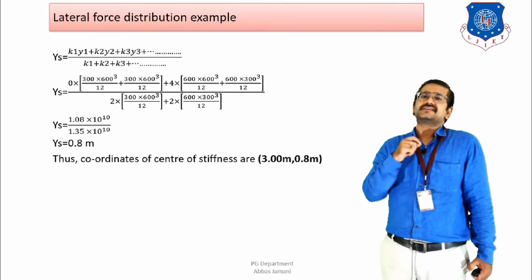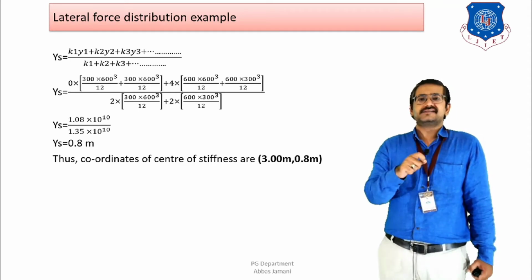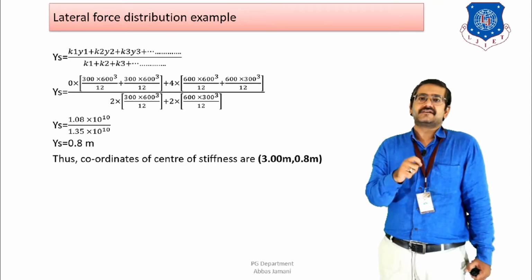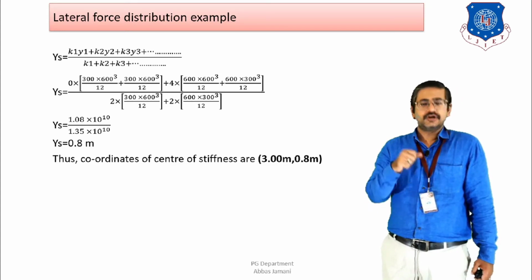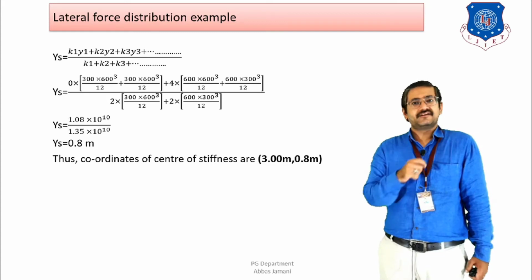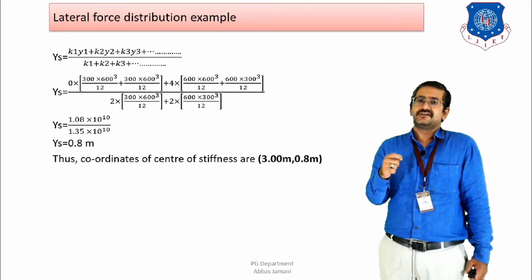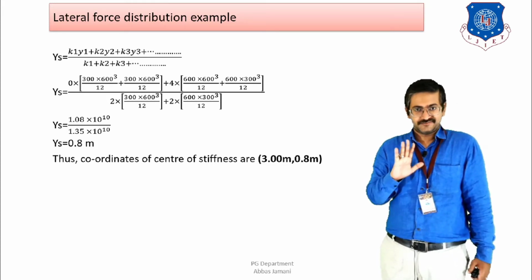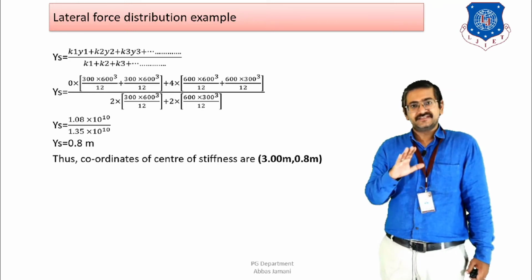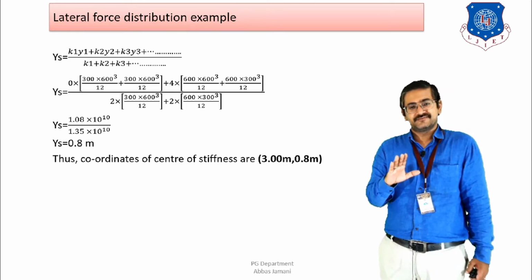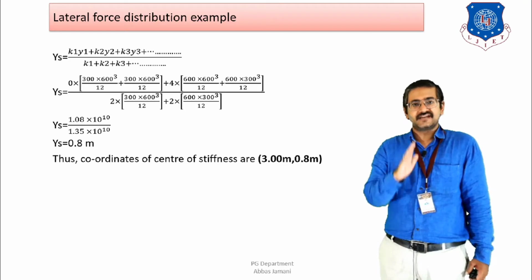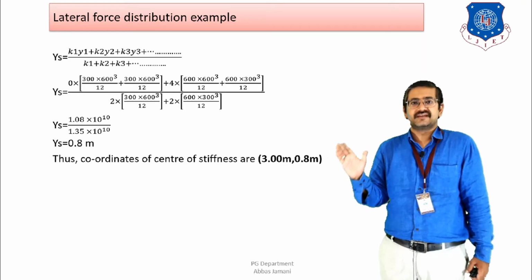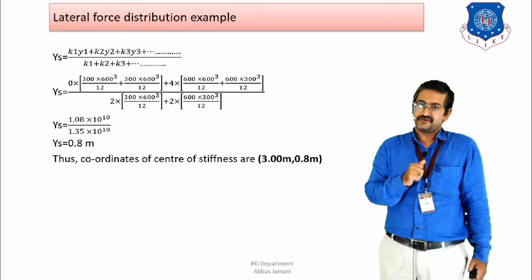So after this calculation, I can say that for the given system, the coordinates of center of stiffness is 3, 0.8. Right? So first step is the calculation of center of mass. Second step is calculation of center of stiffness. Both these steps are clear to you. Right? So whichever example we are going to take up, in that example, the calculation of center of mass and center of stiffness is going to be very important for us. So that calculation has to be correct. If this calculation is correct, then only the remaining part of the problem can be correct. Otherwise, it is going to be wrong.